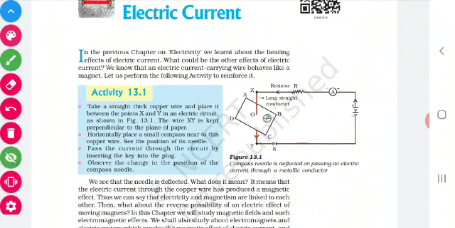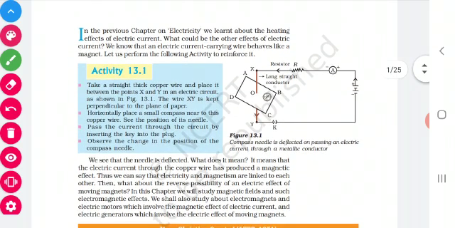See, this is an electric circuit. R is a resistor, A is the ammeter, this is the battery, and this is the key. We are keeping two straight wires X and Y, and in that we are placing a magnetic compass. After the circuit is completed, we allow the current to pass by inserting the plug in the key.